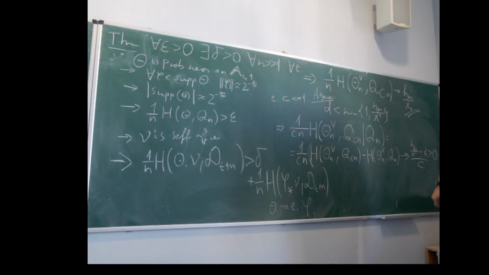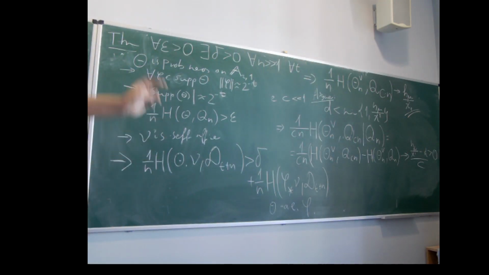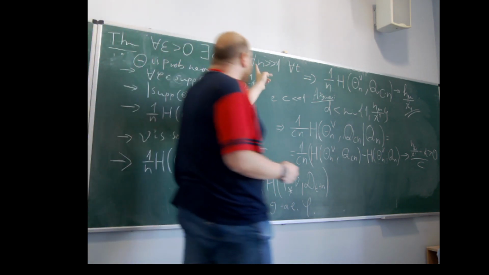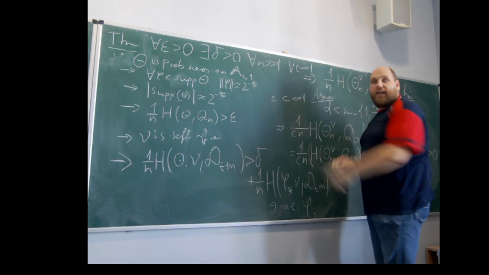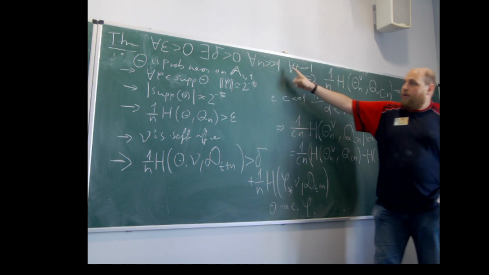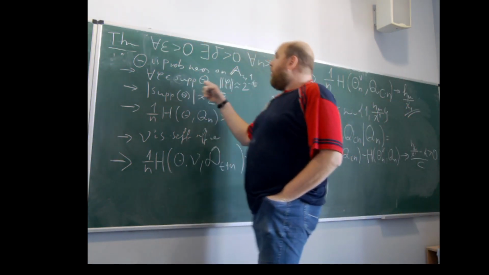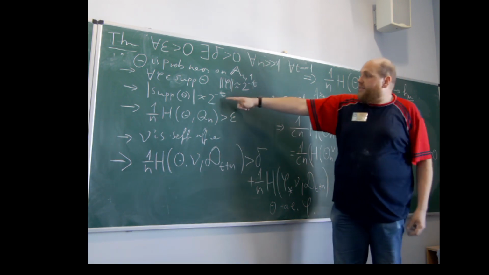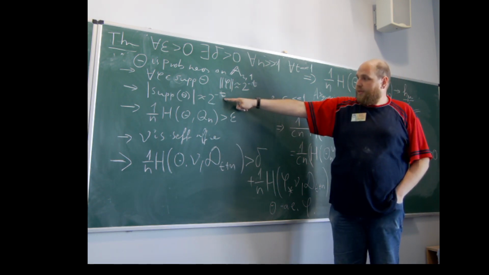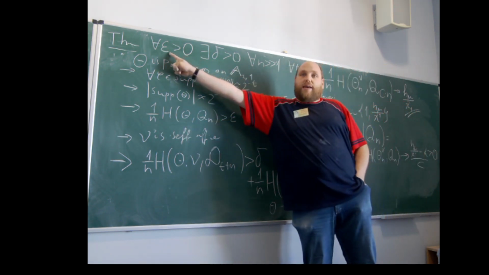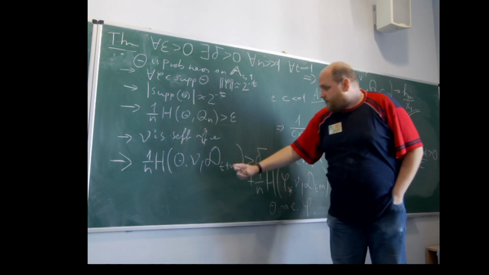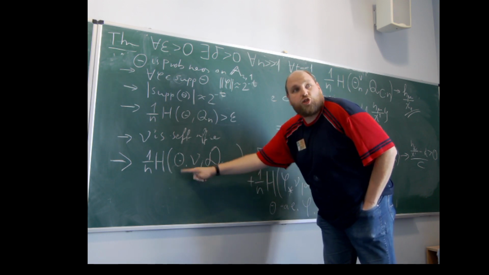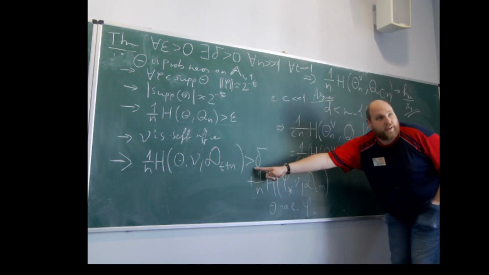Okay, let me repeat it again. You give me an epsilon, I will give you a teeny tiny delta, claiming that for any very big n's and tiny t's, if you have a measure where all the mass has contractions 2 to the power minus t, and its support is also 2 to the power minus t, but it has positive entropy with at least epsilon, then the entropy of this pushed forward measure must grow by this tiny delta